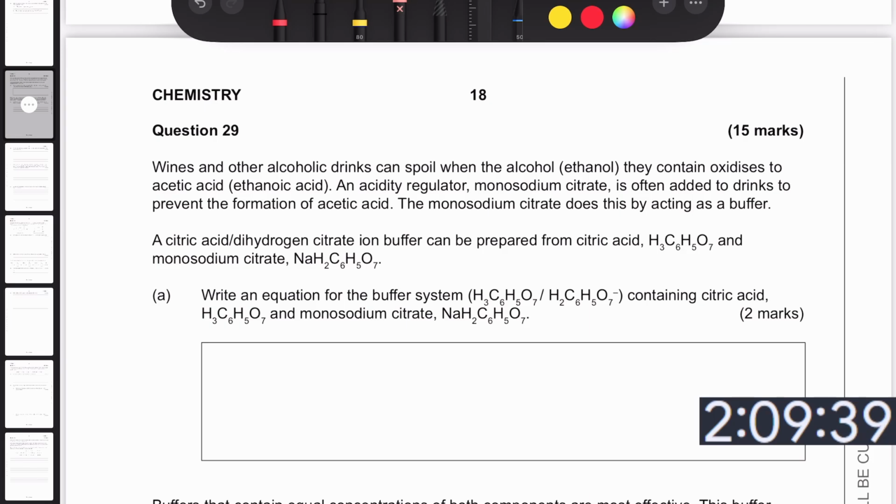Wines and other alcoholic drinks can spoil when the alcohol content oxidizes to acid. Acidity regulator monosodium citrate. Citrate is often added to drinks to prevent the formation of acetic acid. The monosodium citrate does this by acting as a buffer. The citric acid, dihydrogen citrate acid, can be prepared from citric acid and monosodium citrate,